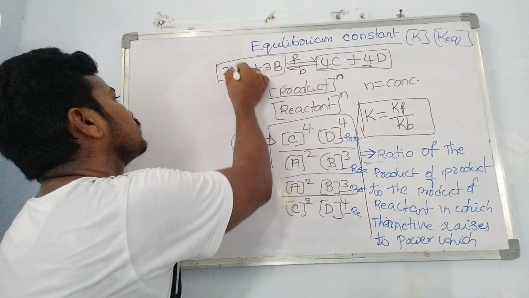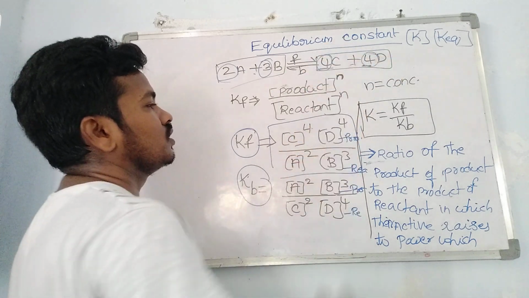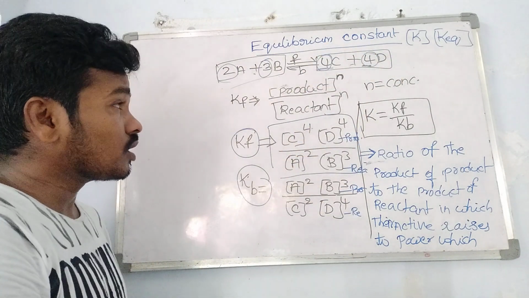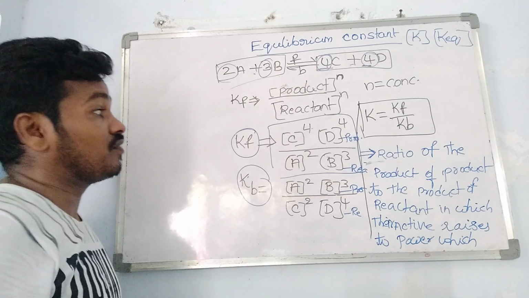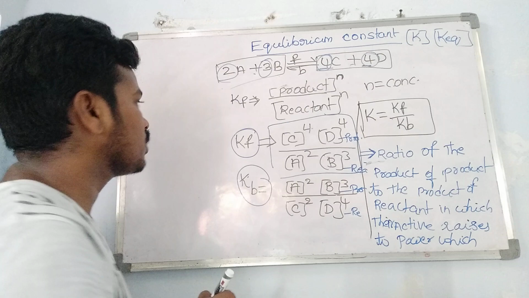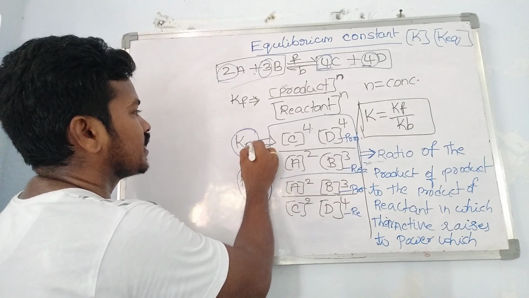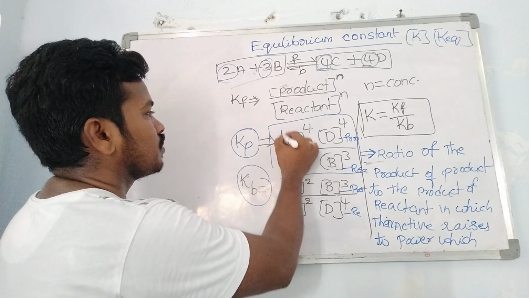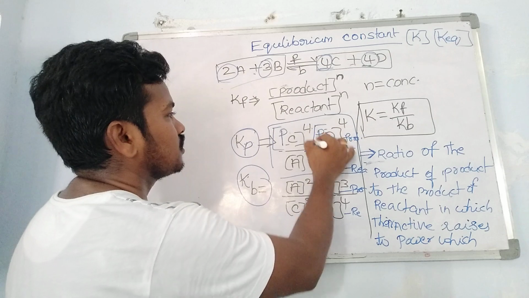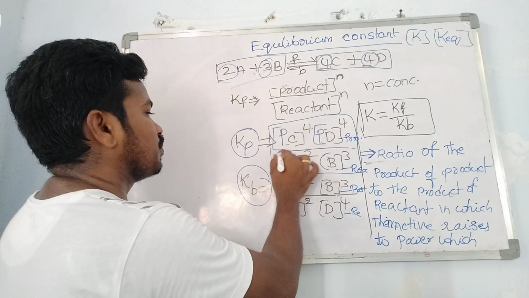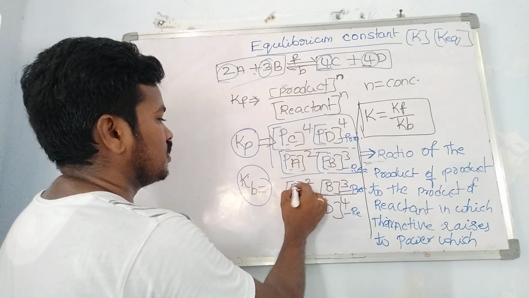Stoichiometric coefficient, that means this is what we are writing as the power. So this is about the equilibrium constant. For example, if I want to write the Kp for this expression, what we have to do is just keep the P, write only the P expressions here, no need to change anything, just substitute the P, and it will become Kp.